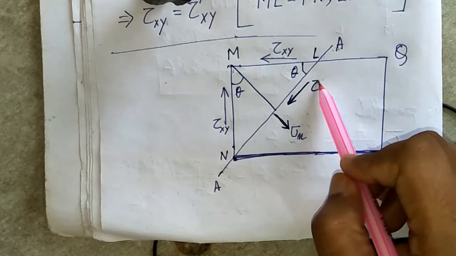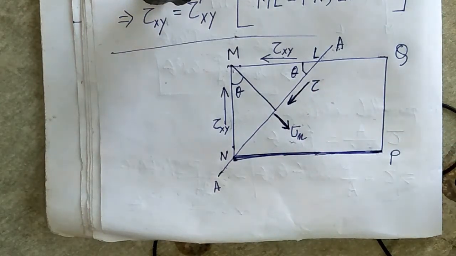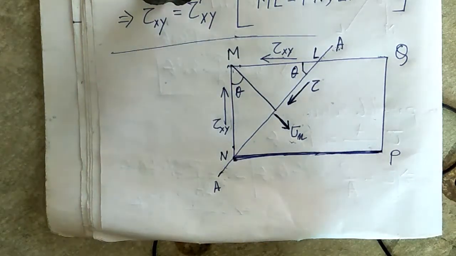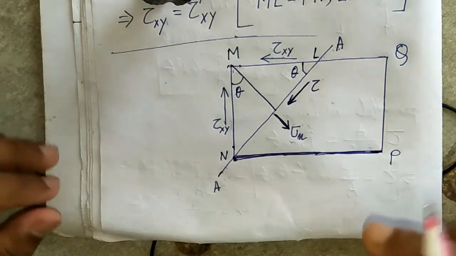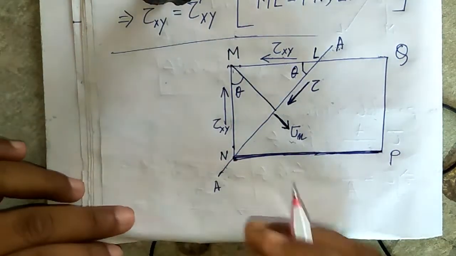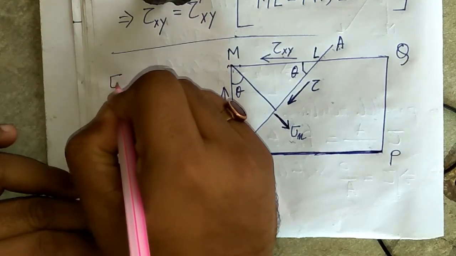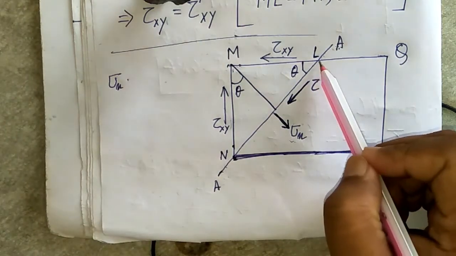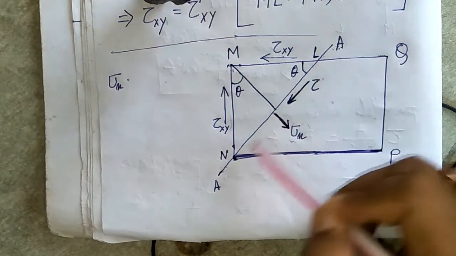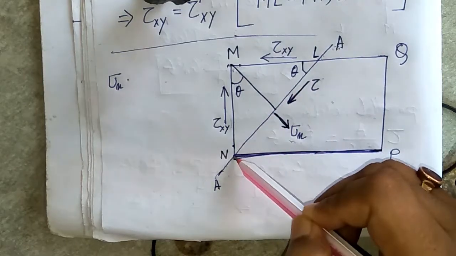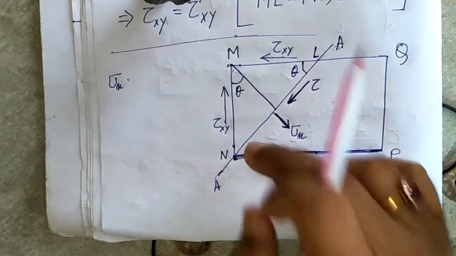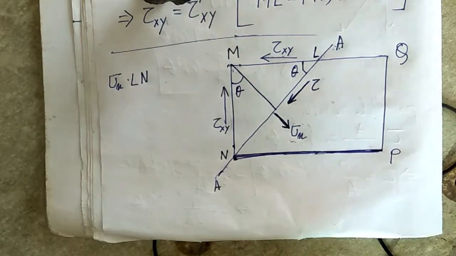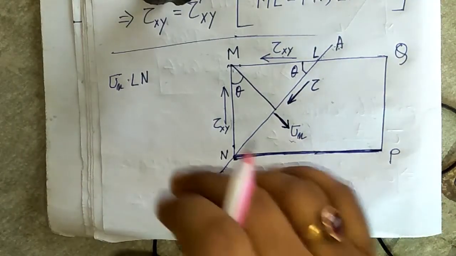Let's resolve the forces perpendicular to AA. So what we get is sigma n into the area. Sigma n acts on this length ln, and the height is 1. So sigma n into ln equals